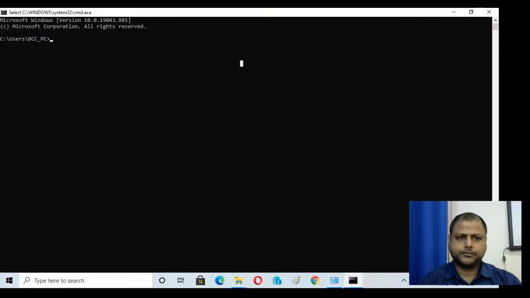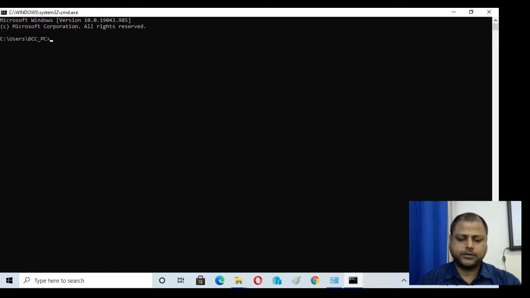Whenever we install a domain environment, we always get built-in groups. But apart from that, we also give the privilege of access to the user account through membership of a group account.